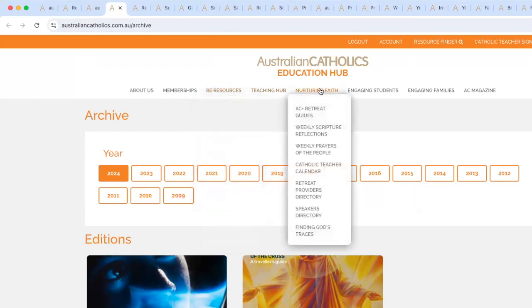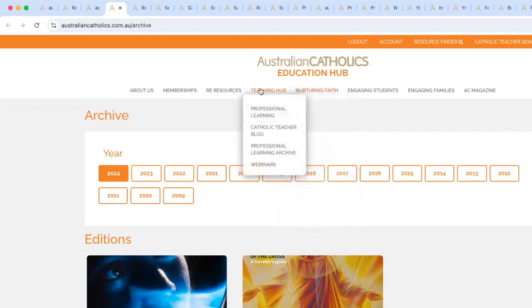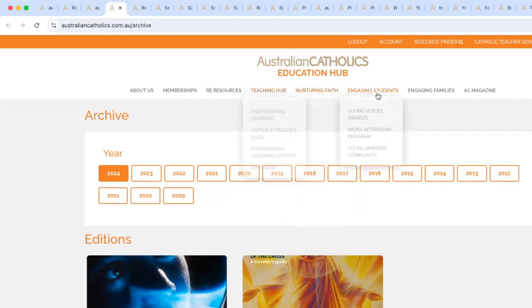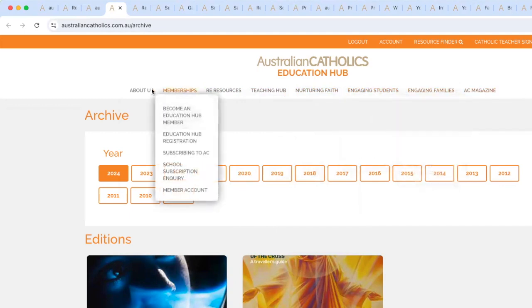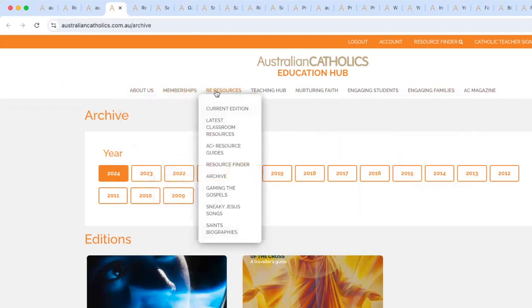We've also got a tab where we've gathered resources that could potentially be useful for faith, religion and faith formation activities in the school, so prayer, spirituality activities as well. There's another tab here that's for formation of staff. So if you're looking for resources to help and deepen the faith engagement of your staff in the school, there's some resources here for that. And then, of course, there's 2 tabs for engaging students and engaging families. I'm going to take you through each of those, but I'm going to start under the RE Resources tab here